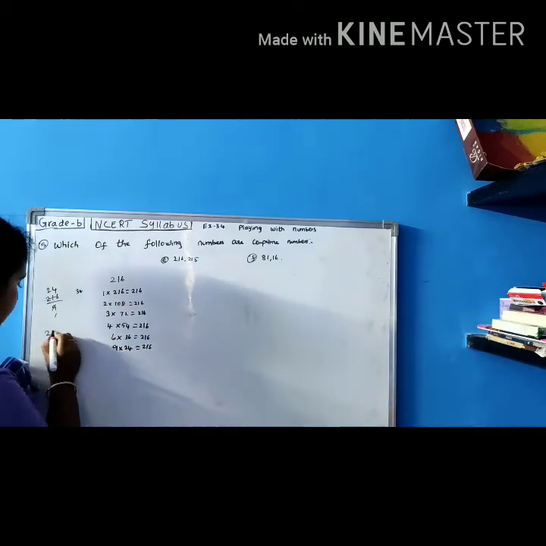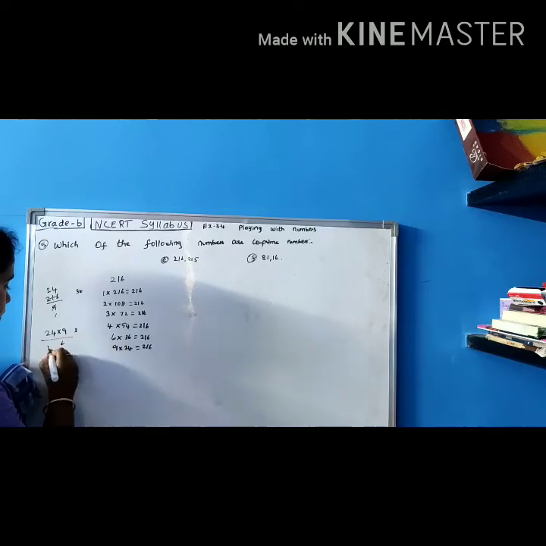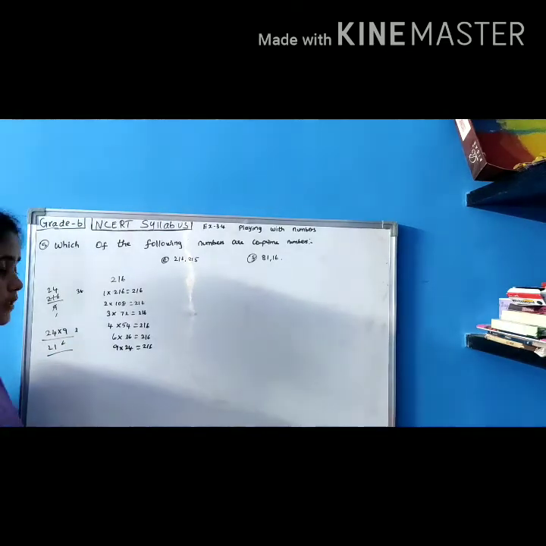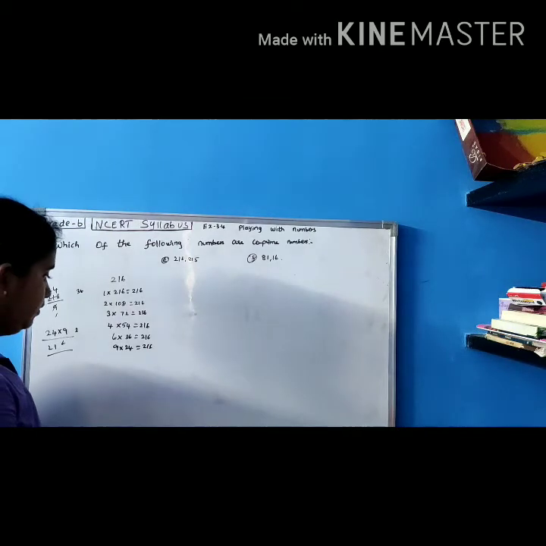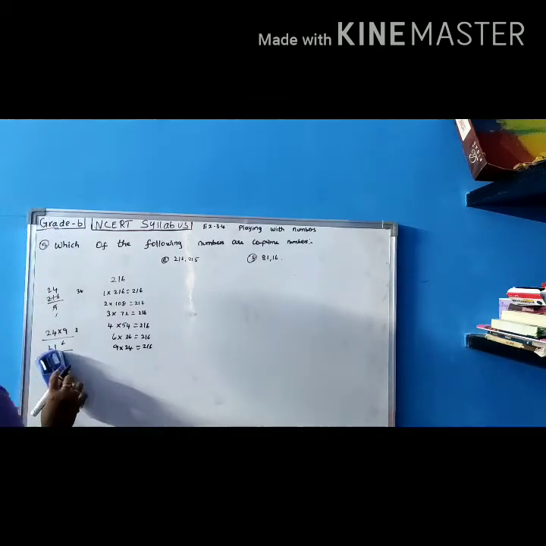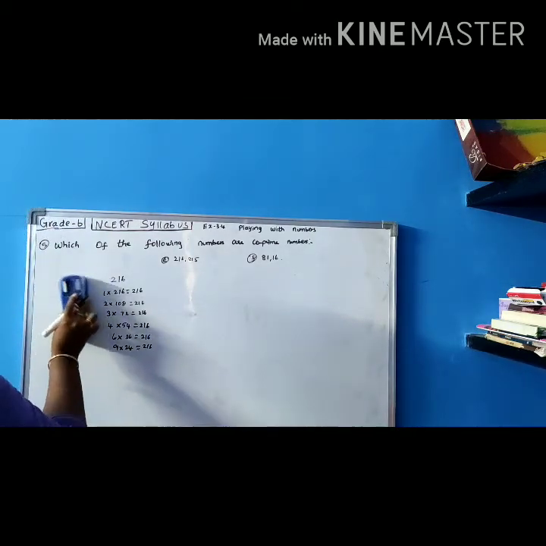If you want, you can multiply and see 24 into 9. 9 4s are 36, balance 3, 2 9s are 18, 19, 20, 21, 2 and 6. So the given number goes with 2 and 6. Check for 12, 11, 10. It will not go, 11 it will not go.